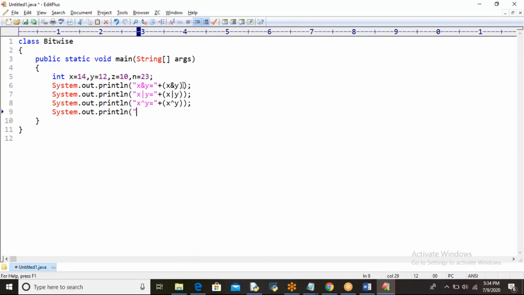For that you are using z, right? Z left shift operator 2 is equal to, double quotes close plus, right shift 2.